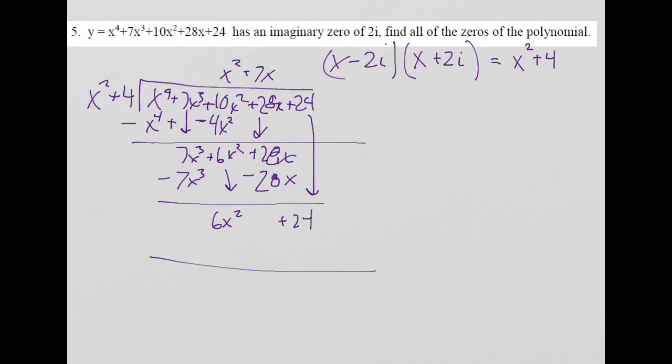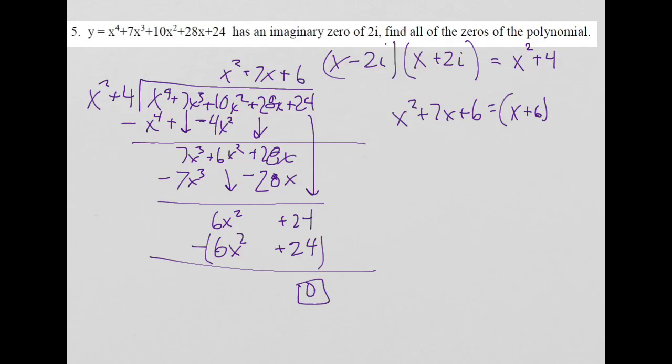So one more time, x squared goes into 6x squared how many times? Well, it goes in 6 times, and we get 6x squared, and then 6 times 4 is positive 24. So we are good. We get a remainder of 0, which means I didn't lie to you about those imaginary zeros. But we get the polynomial x squared plus 7x plus 6, which can factor as x plus 6 times